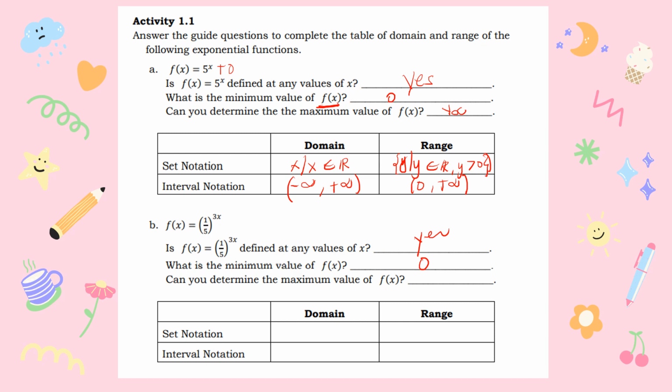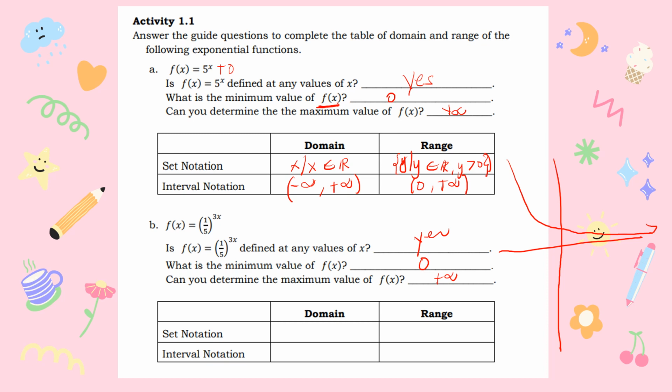It is up to positive infinity. Since it's less than 1 but greater than 0, the graph of this is decreasing. So the minimum value of y is 0 and the maximum value of y or f of x is positive